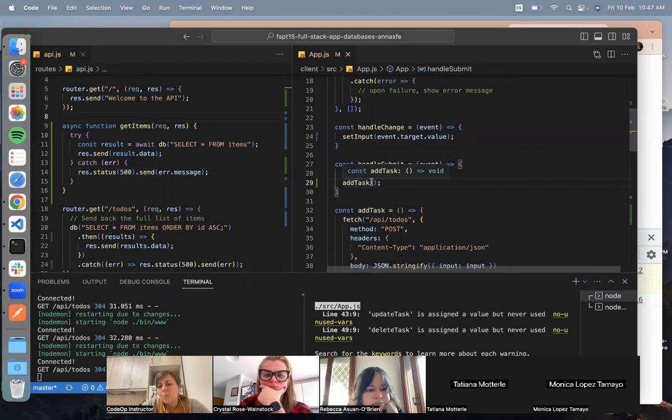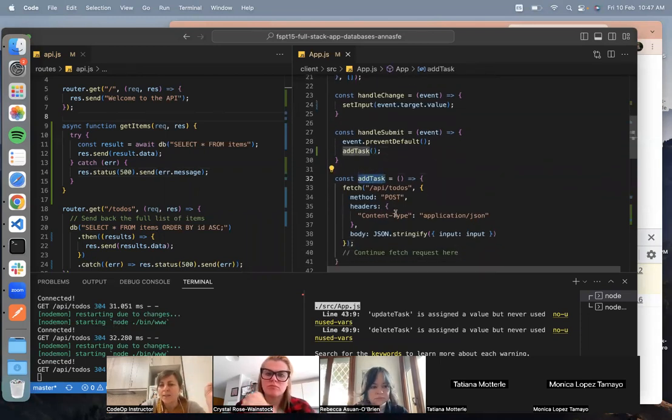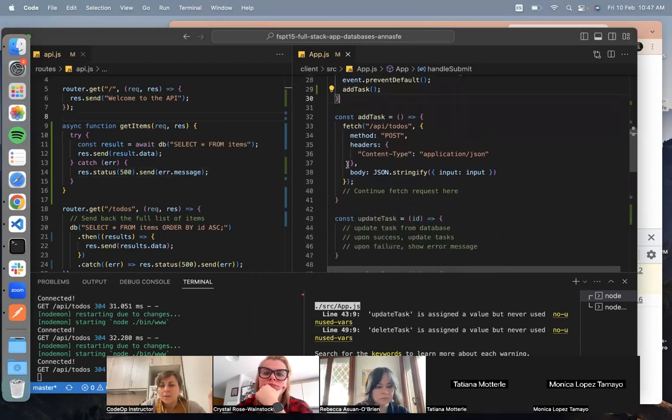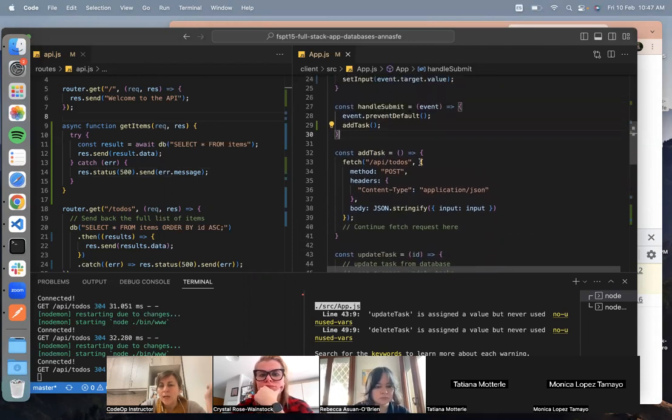I can pass the input in here, or I don't really have to, because the input is like a state, a global variable. So the same function add task can also have access and can see the input directly. So I don't really need to pass it as a parameter here. I can just call add task and complete this function to send the new task back to